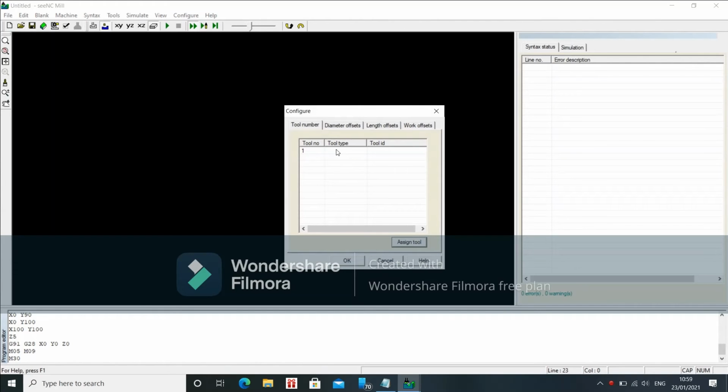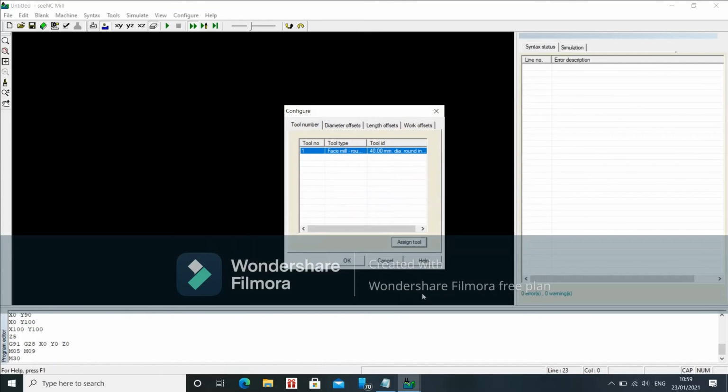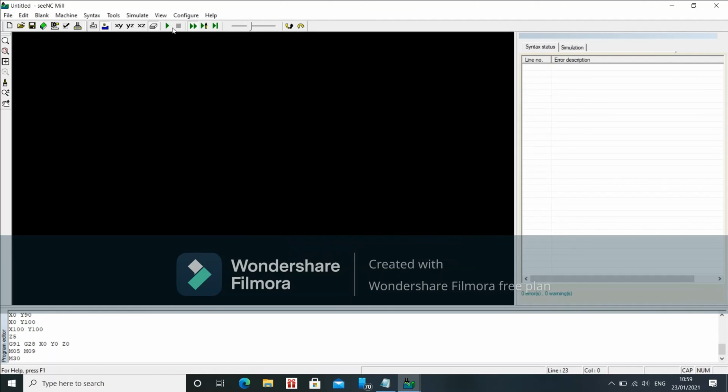After it, select the tool. Here I am using a face milling tool, that is round and 40 mm in diameter. After that, click OK, and now give the dimensions that we require. Here we require 100. We don't need to remove any metal from the XY direction. Here I am assuming it has 15 mm Z blank thickness, Z direction. So now we require minus 10 mm. Let's give it in minus. OK, and now I'm selecting this type of simulation, and now let's start.